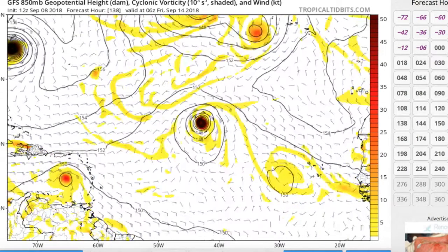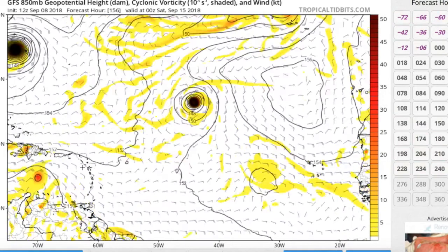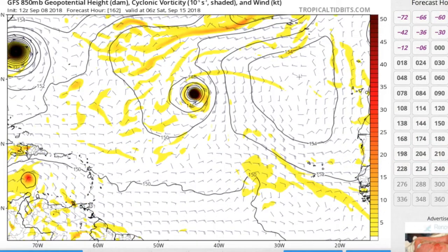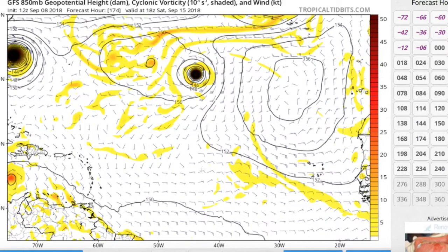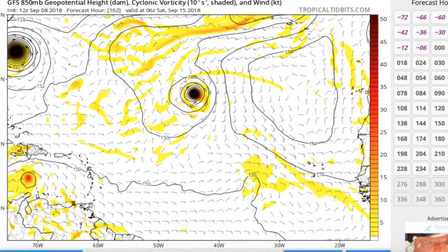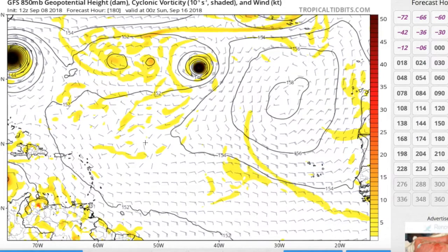Meanwhile, TD8 moves in the Caribbean, continues to weaken, and becomes eventually a tropical wave by Friday, and then continues on through the Caribbean, and you can see this ridge out here really building in between the Azores and the Canary Islands. That's steering Helene on out to sea harmlessly for the time being. And then TD9 just continues through the Caribbean as a pretty strong wave axis, but doesn't really consolidate back into